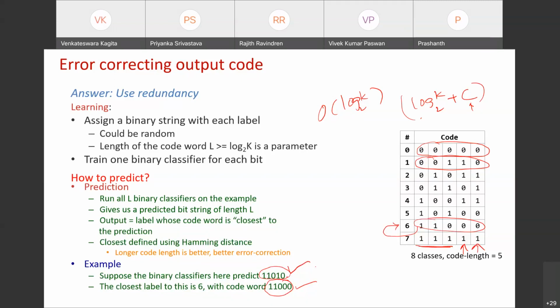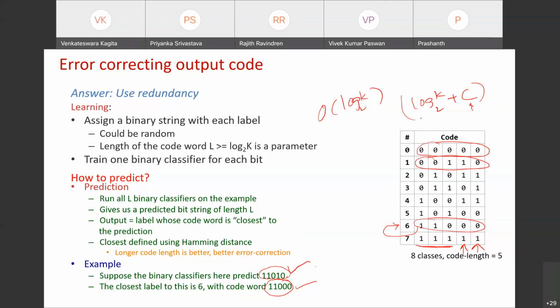Sir, can we have any source where it proves that it is mathematically valid that if you learn the binary encoding classifiers, log k classifiers, it is equivalent to learning the original classifier? How is that mathematically valid? It seems intuitive, but is there any source where we can get the idea? Here it may be out of scope to discuss that, but